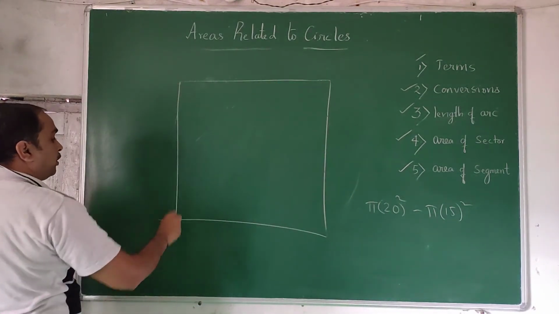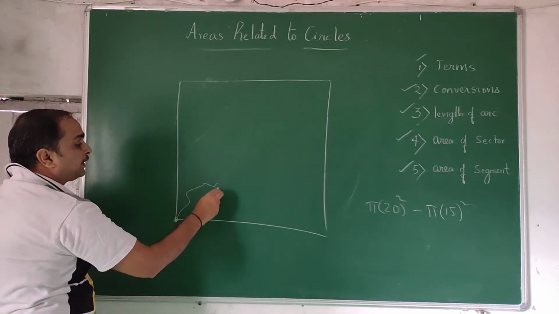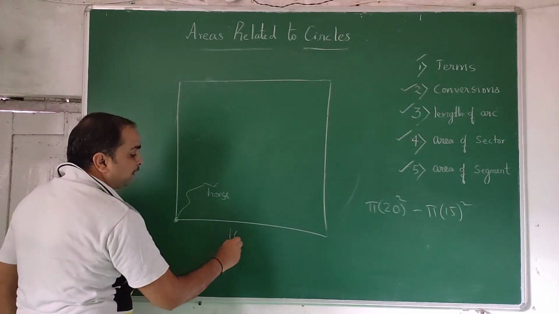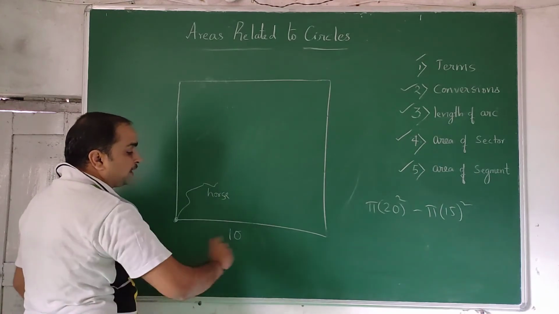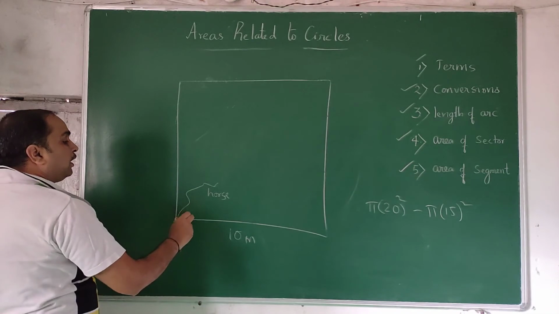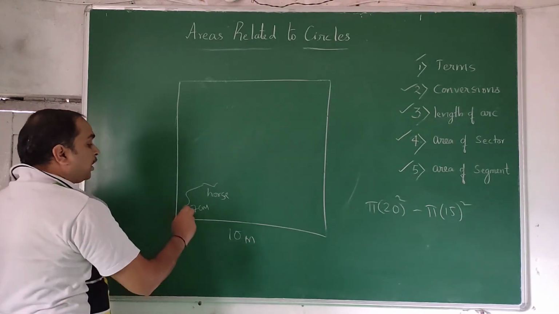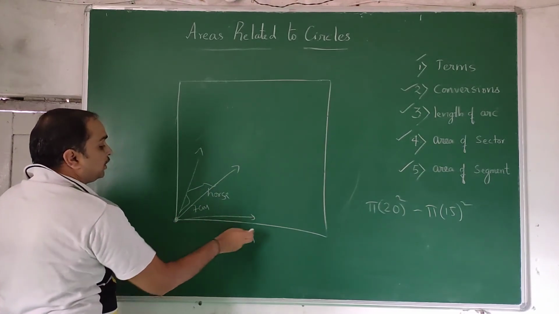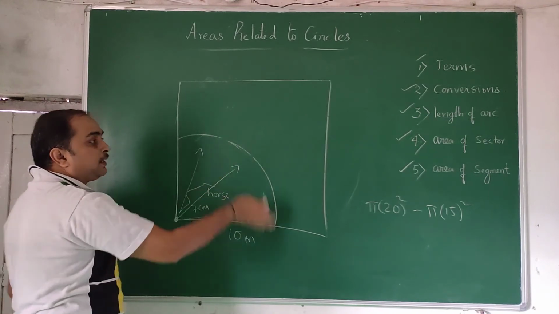This is another problem. They say that there is a square field and one horse is tied like this, and this field area is 100 meters or 10 meters. Length is 10 meters, side, and this horse is tied by 7 cm long thread, long rope. So up to 7 cm becomes the radius for it. So 7 cm, 7 cm, 7 cm. So it will graze up 7 cm quarter of the